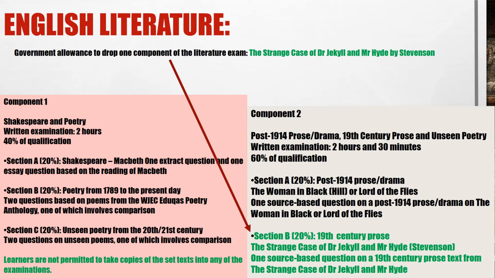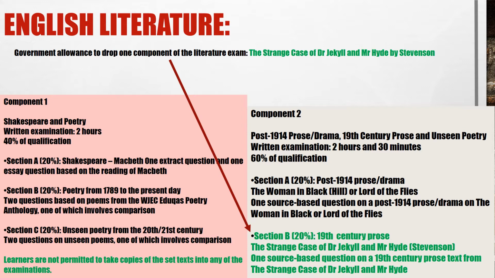The second component, component 2, is made of 2 parts. As you can see, section A and section B. This is both involving books. One of them is The Woman in Black. The other one will be the Strange Case of Dr. Jekyll and Mr. Hyde. Now, I have colored this green and shown an arrow to the subtitle because this is